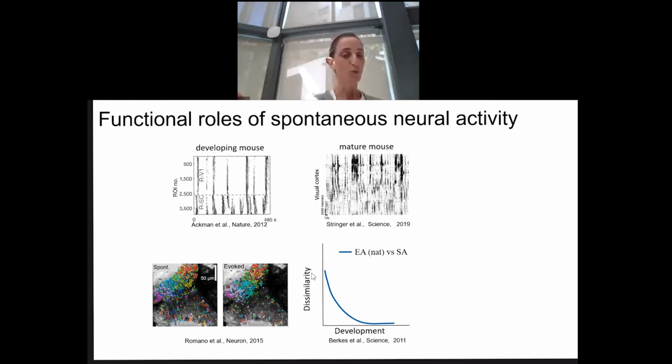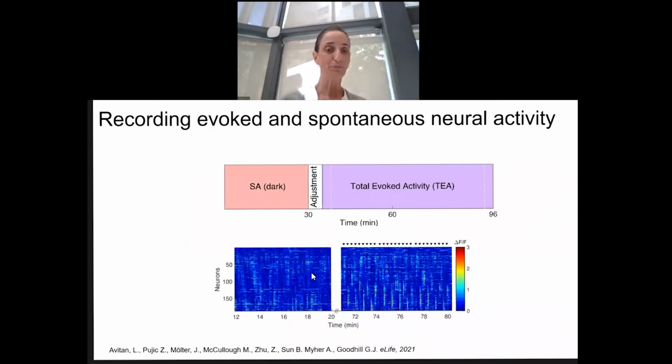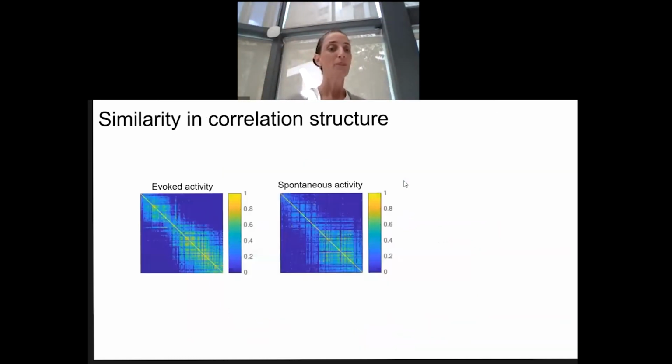This work was done a decade or a few decades ago, using mainly a few neurons. I suggested we do it again now, looking at the entire set of neurons, to see what the dynamics of this spontaneous activity in the brain are. So again, we recorded neural activity in the dark, and neural activity in response to stimuli, and started trying to characterize the activity in the two modes, the mode with visual cues and the mode without visual cues.